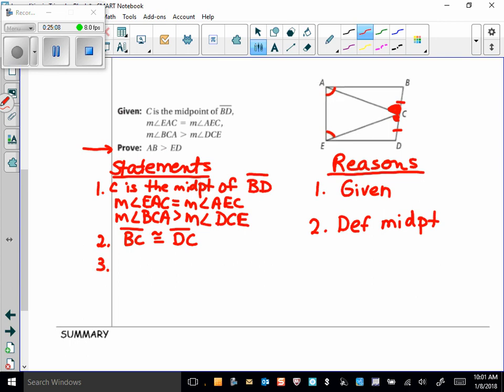So I think what I got to do right here is I got to turn this into a congruent statement. So I'm going to say angle EAC is congruent to angle AEC, and that's the definition of congruence, right? And then, how does that help me? Oh, because then I can say that AC is congruent to EC,